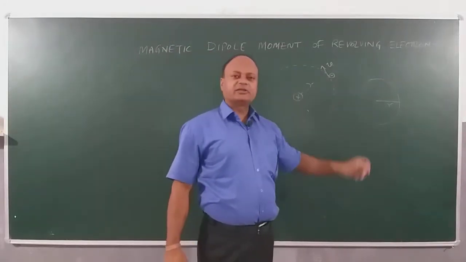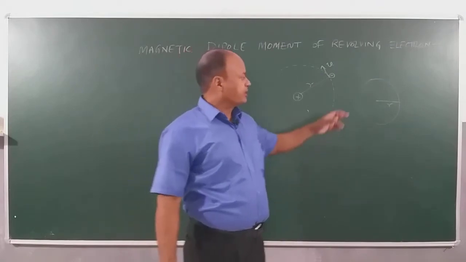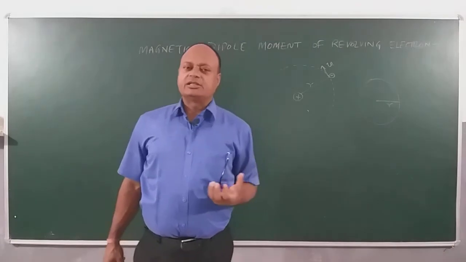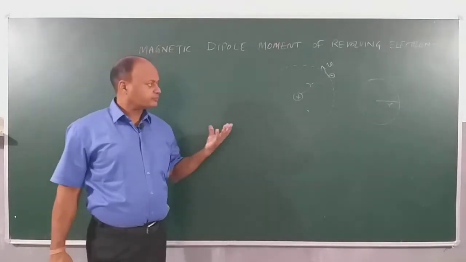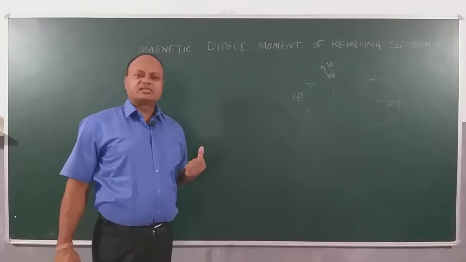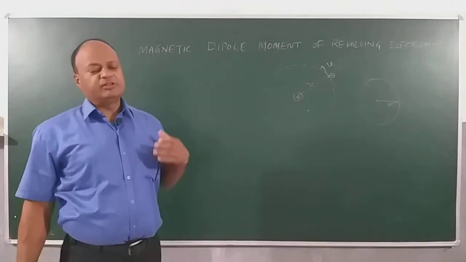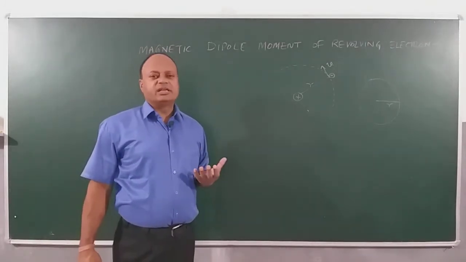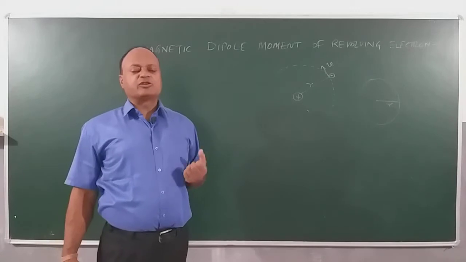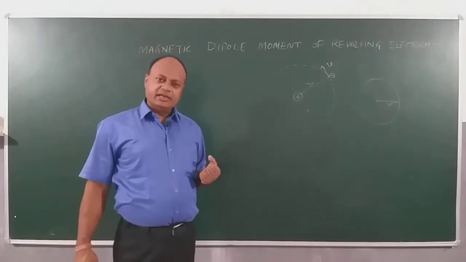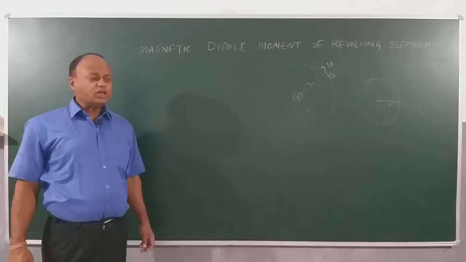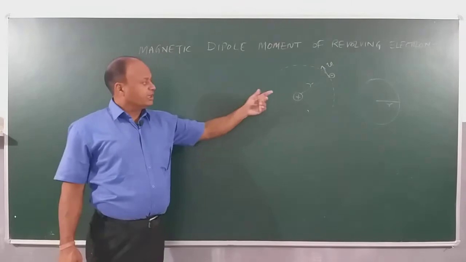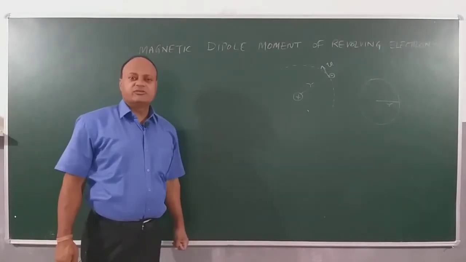The radius of the circular path of the electron can be considered as the radius of the loop, and we have already done that if current is allowed to pass through a loop, the loop acts as a magnetic dipole, right? And we derived an expression for it earlier in the videos, and then we said the dipole moment associated with the circular loop is equal to NIA, right? Okay. So we will be making certain assumptions. Mass of the electron is m, radius of circular path is r, and the velocity is v, right?